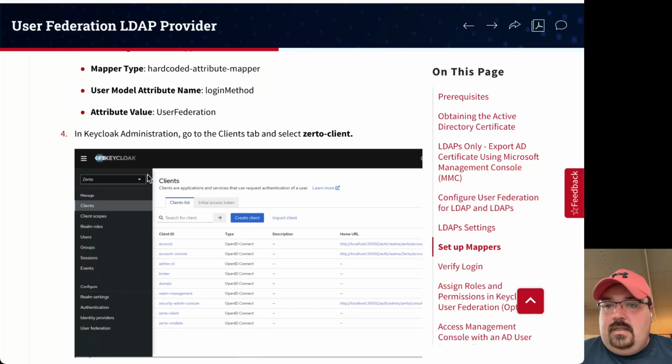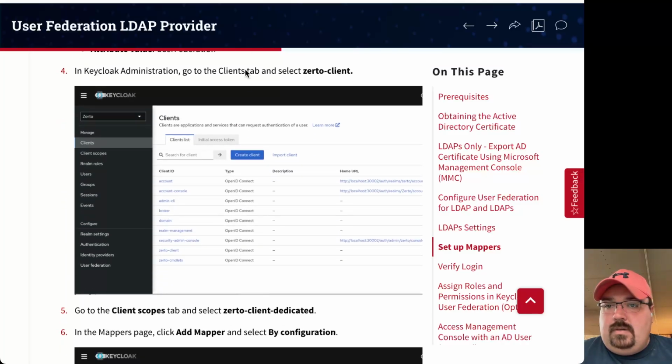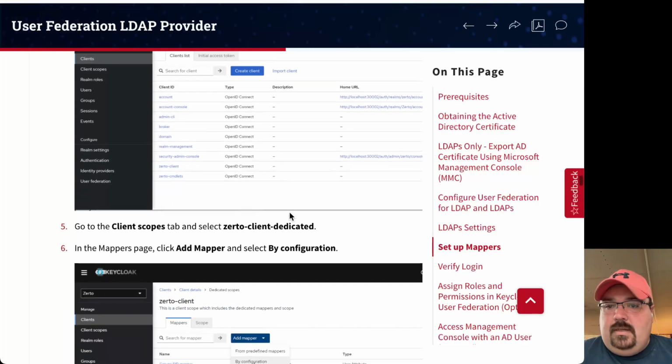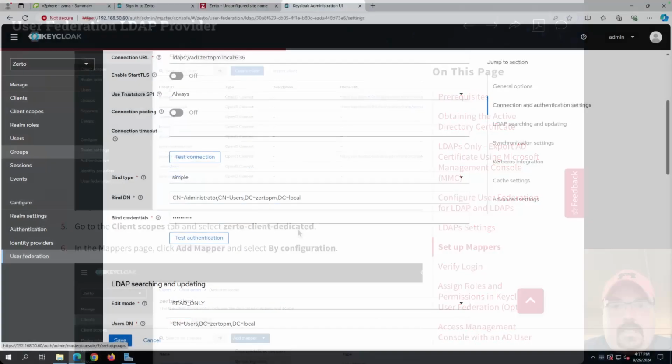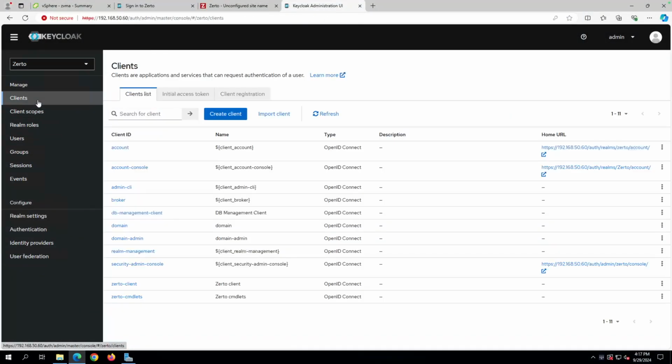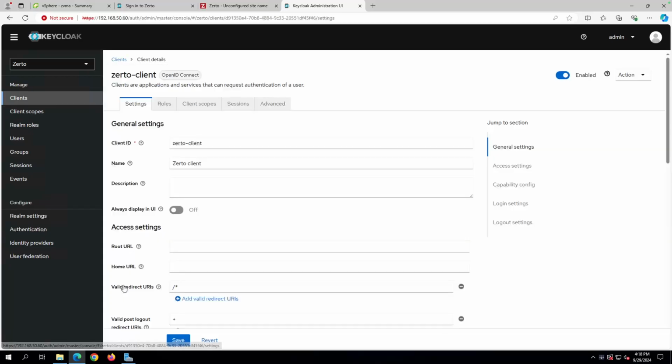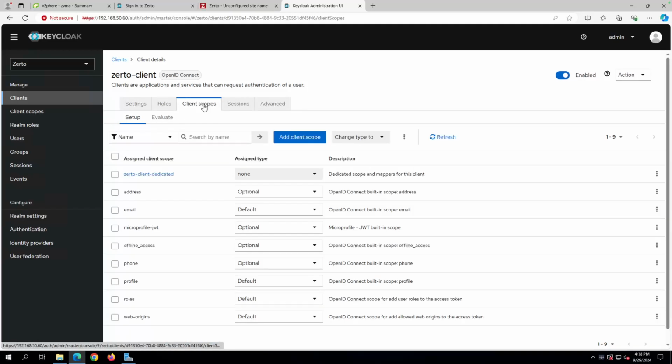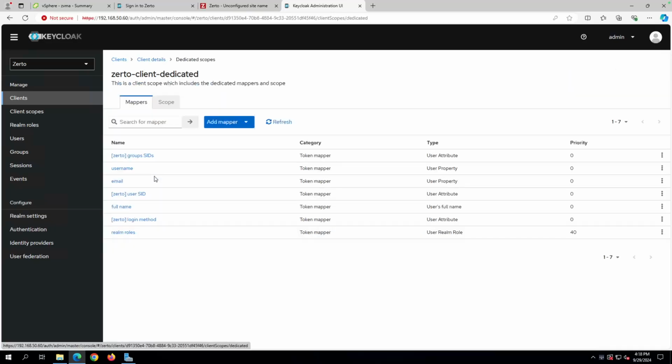And then we can go into the clients tab and Zerto Keycloak, and we can go to client scope and select Zerto client dedicated. Again, I'm pretty sure if you're running U5, you're good to go. So there's our Zerto client. And it says we want to go to client scopes. And there's our Zerto dedicated client. Click on that. And then it says in the mappers, we should have